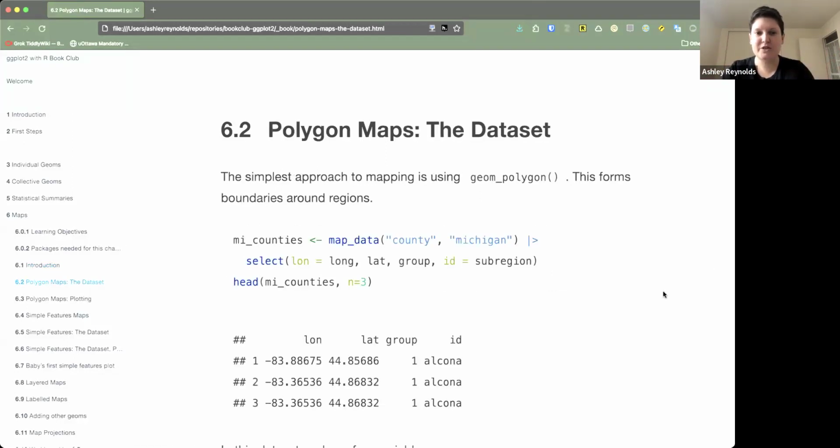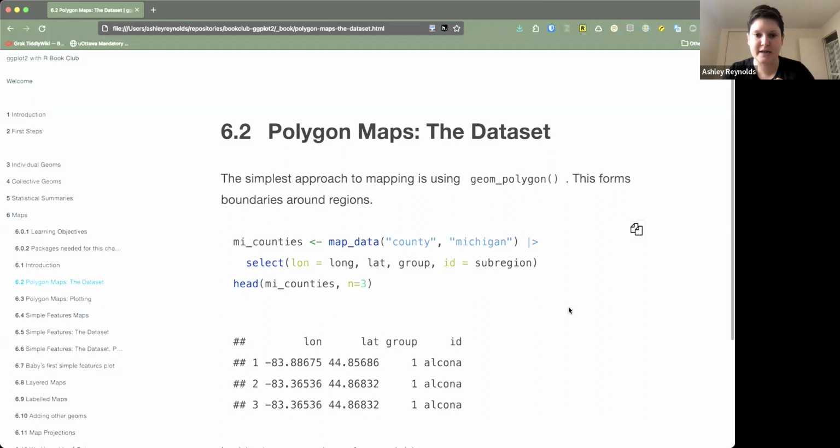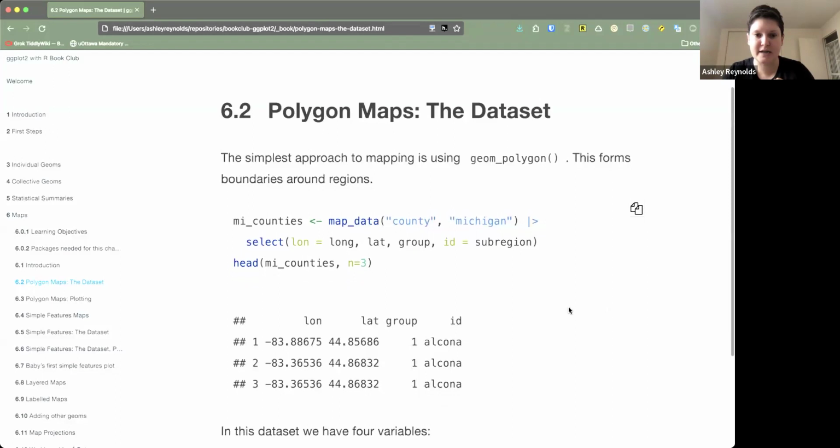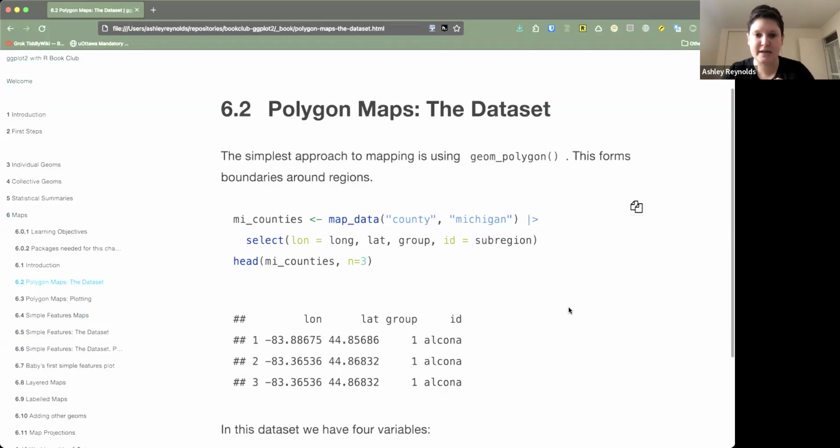So we start off looking at basically the simplest way to do this, which is drawing maps using geom_polygon. And for this data set, we use a base R data set that looks at,